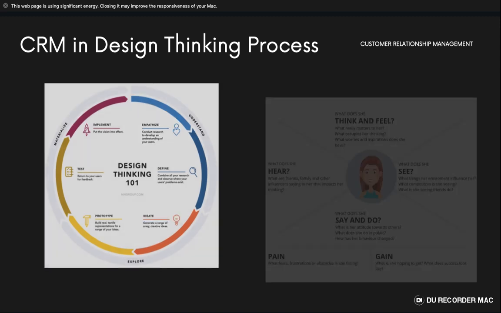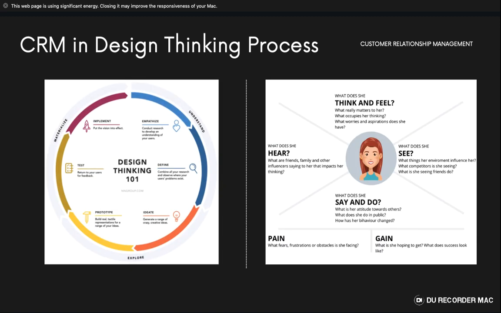So let's talk about CRM, customer relationship management, in the design thinking process. I don't know if any of us is familiar with this design thinking methodology, but I'll be as brief with it as I can. Now, this design thinking 101 diagram on the left-hand side basically shows the stages from when you get to ideate on your product to when you get to deliver on your product, right? Let me start with ideate, what we have down here.